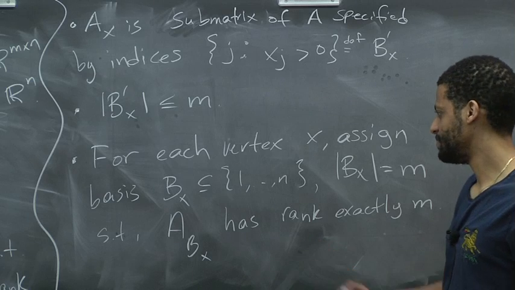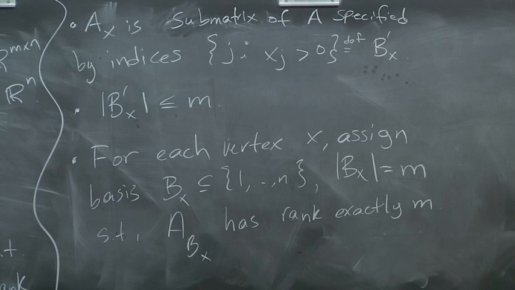Okay, so good. Are there questions at this point? So AB is a square m by m matrix. It's invertible. Okay. And what we said last time was,